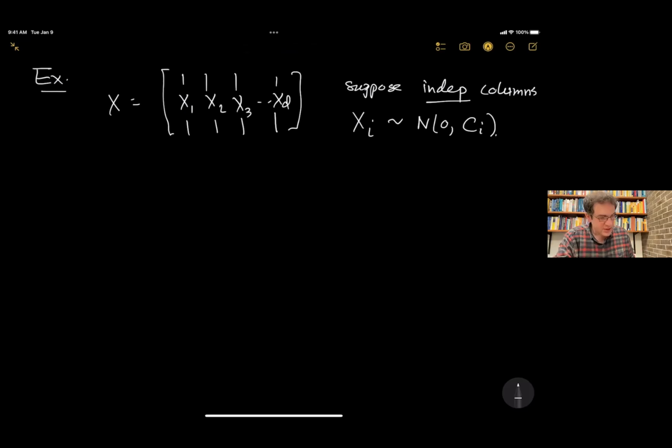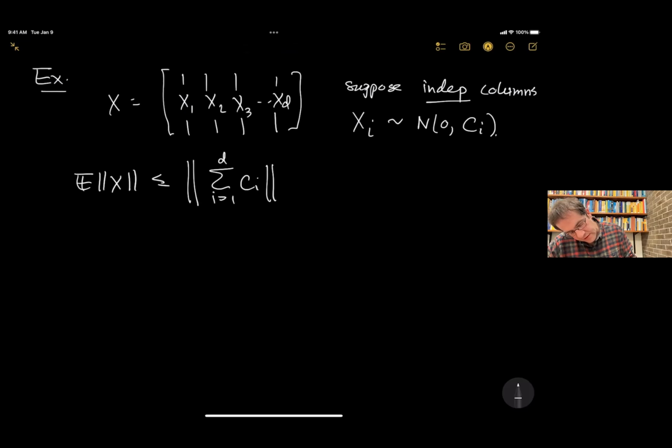Now, if you just plug this model into our inequality and use some crude bounds on the free probability quantity that we get out, you get that the expected norm of X is bounded by what? Well, it's something very explicit. So you have two terms. It's the norm of the sum of the covariance matrices plus the maximum of the trace of the covariance matrices. And then you get a third term. There is some constant times the max of the norm of the covariance matrices times some logarithmic factor.